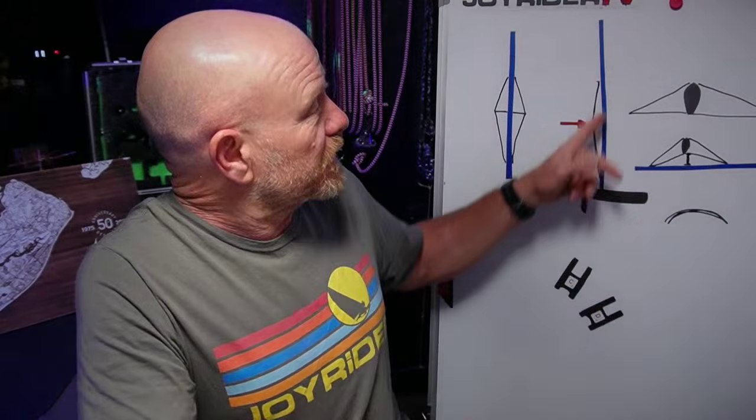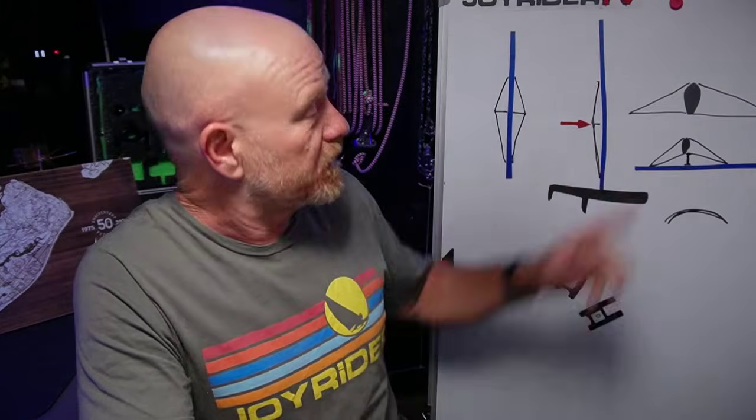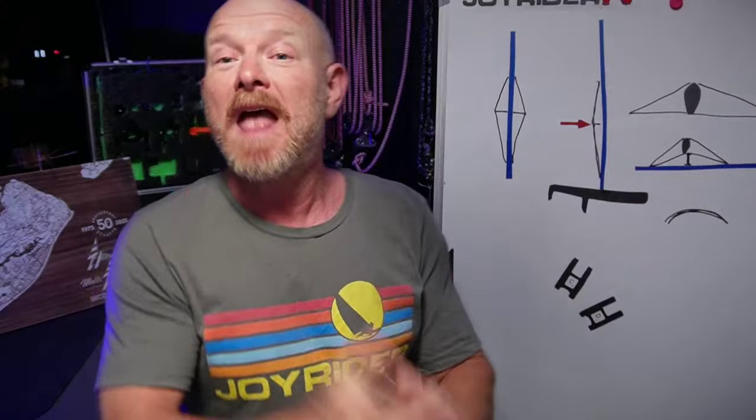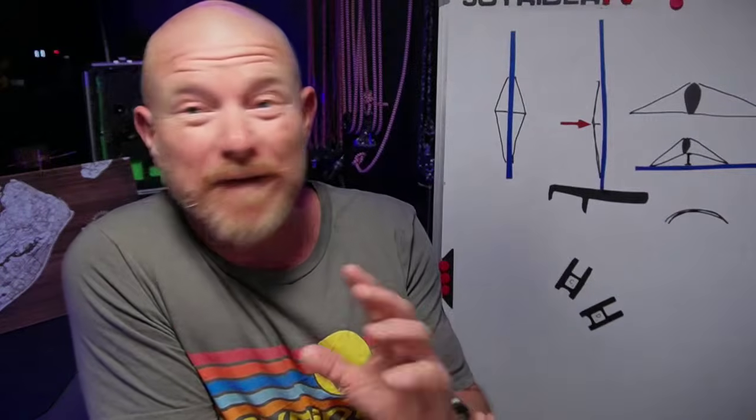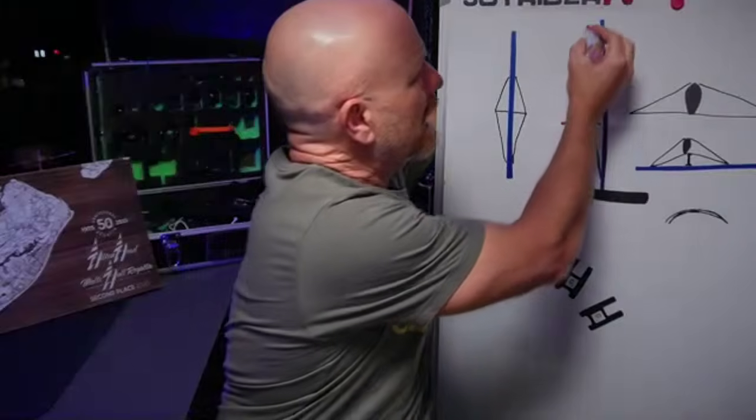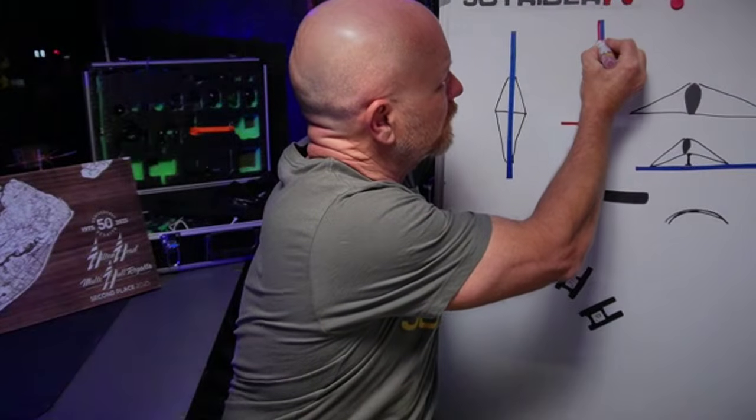So in light winds, we'd set this at 34, 35 on the Loos gauge, which you still feel is pretty tight. And you would see just a small amount of curve go into the mast, of course, depending on our spreader rake. And then we have another measurement that we could take. So, for example, if you don't happen to have a Loos gauge handy, how can you get an idea of it? If you take your main halyard and pull it tight from the top,